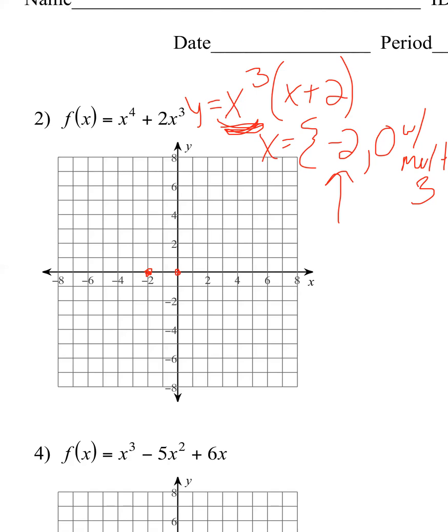Okay, so let's talk end behavior. So this thing is to the 4th. So that means they're both going to go up together since my leading coefficient is positive. So you're up,